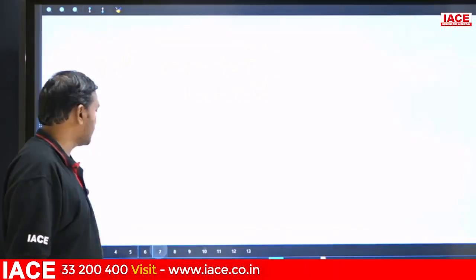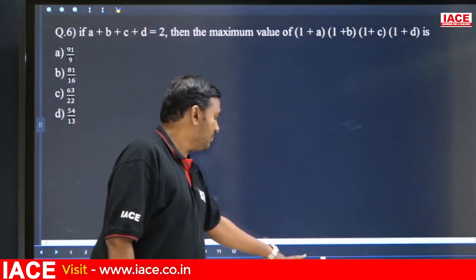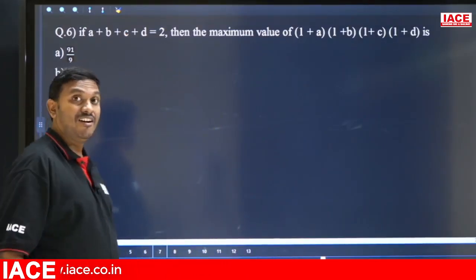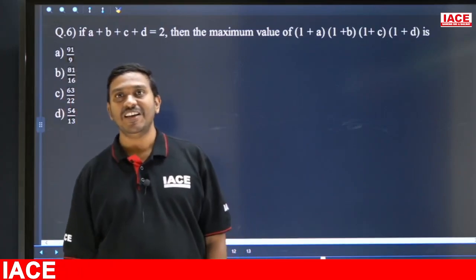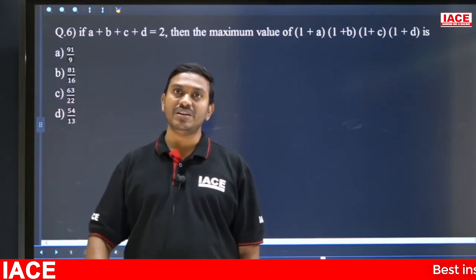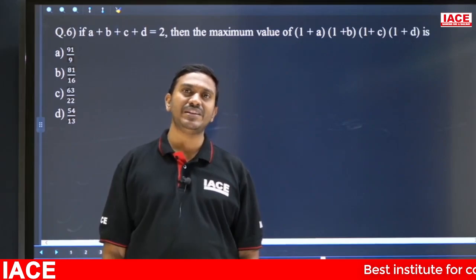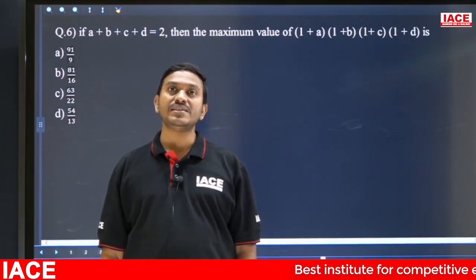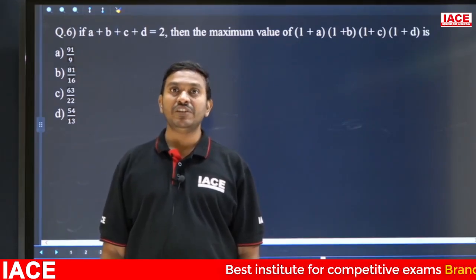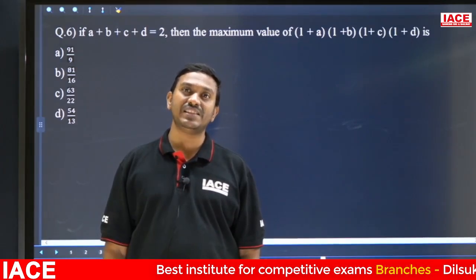Then next one, question number 6. Algebra question, maxima and minima. In maxima and minima we discussed 4 points in the classroom. One is, any quadratic equation is given. If it is in the form of ax square plus bx plus c,